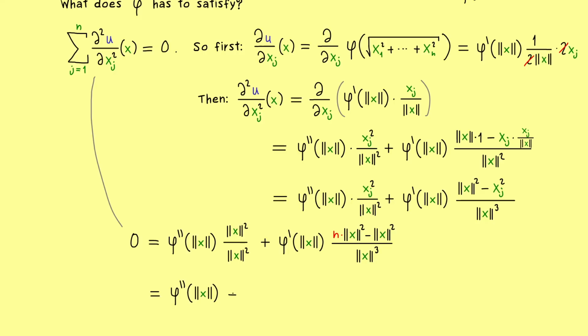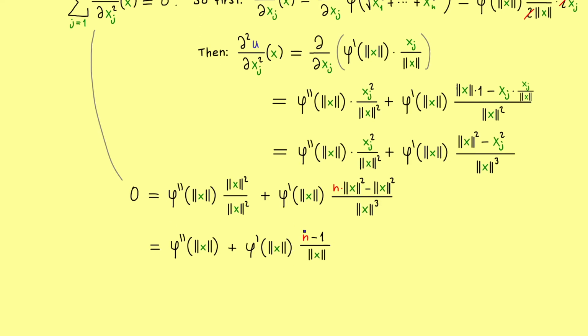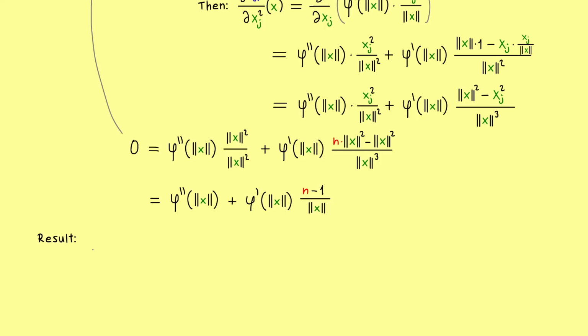The second derivative plus the first derivative times (n-1) divided by the norm of x is equal to 0. In other words, what we get out here is an ordinary differential equation for phi. So let's summarize that as our important result here. A radial symmetric harmonic function u on a pointed domain can be written with a function phi that satisfies this